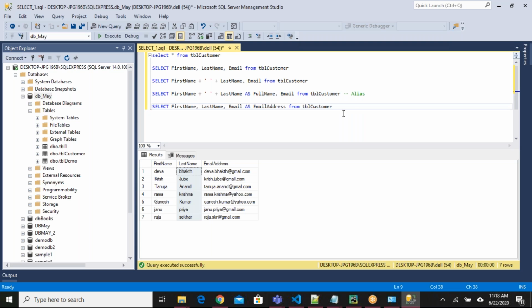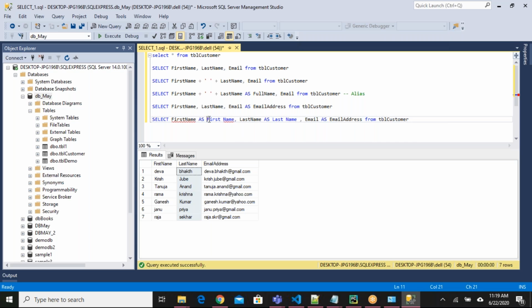Let me copy the same query. See here, first name, last name, email address. They are actually two words. First name, 2 words. Last name, 2 words. Email address, 2 words. But they are coming like a single word. For example, in my output, I want to have first space name, last space name, email space address. If I want to give like that, for example, if I'm giving, say, as first space name, will it accept? As last space name, will it accept?